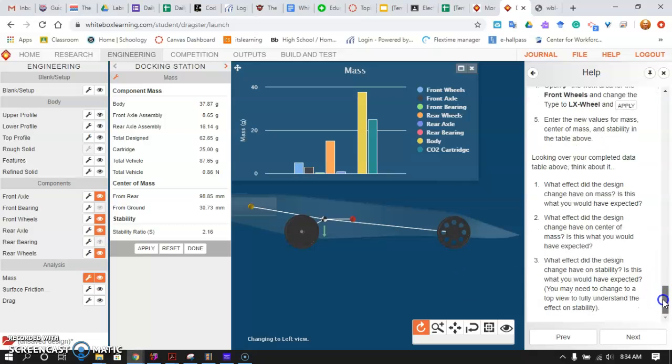And here in the tutorial, they give you several questions to think about. What effect did the design change have on the mass? And is it what you expected? Well, if you look, your total vehicle mass has gone down. You've made your car lighter. Why'd you make it lighter? The wheel is lighter. And because this front wheel is lighter, this particular one has holes where we had a solid wheel before. We've also changed the relative center of mass because the overall distribution of mass from the front